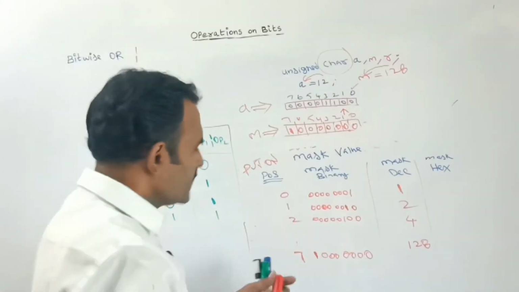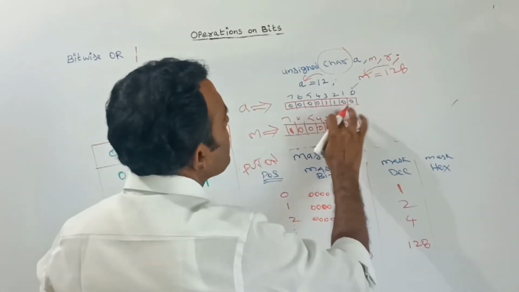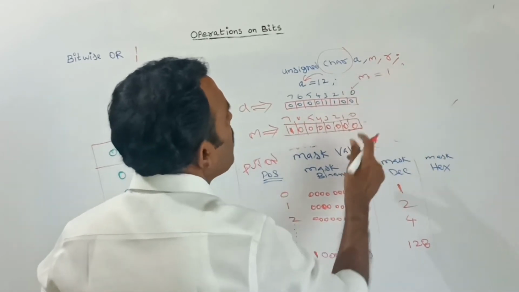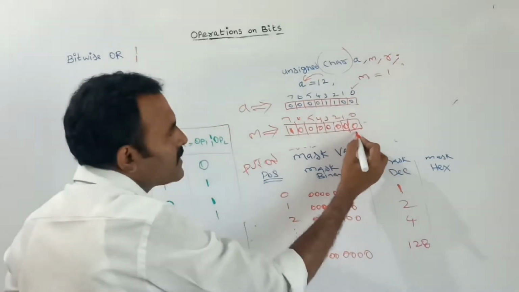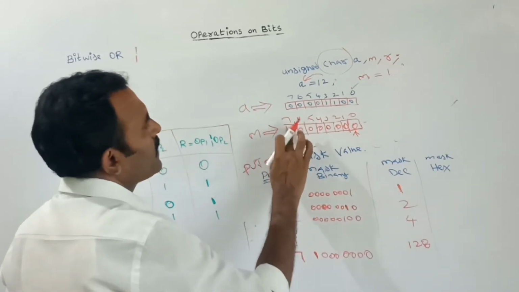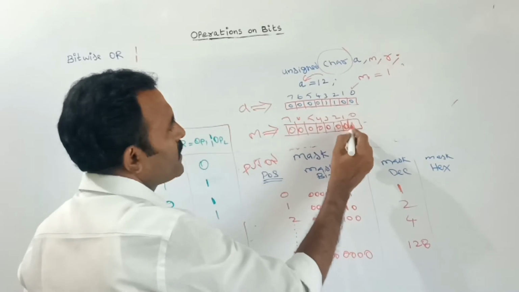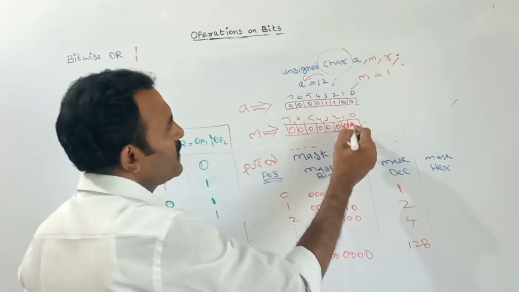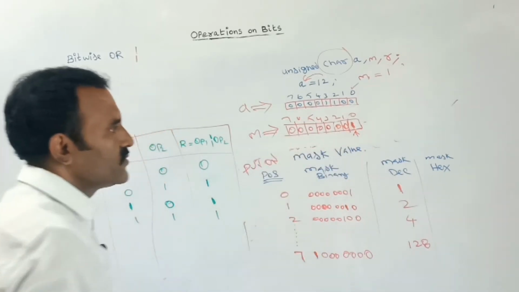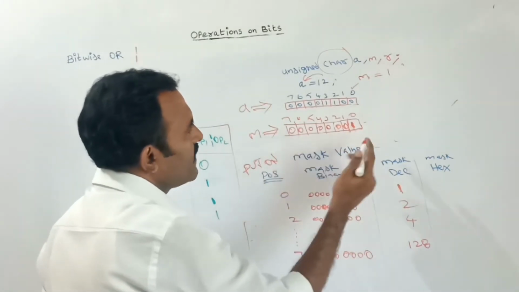While converting a binary value to a hexadecimal value, for example, let us take the mask value m equal to 1. If I want to turn on the 0th position, here is the binary value, 0 0 0 0, with 1 at the 0th position. The position you need to turn on should be 1 in the mask value, and every remaining bit should be 0. If you convert this into decimal, the value is 1.